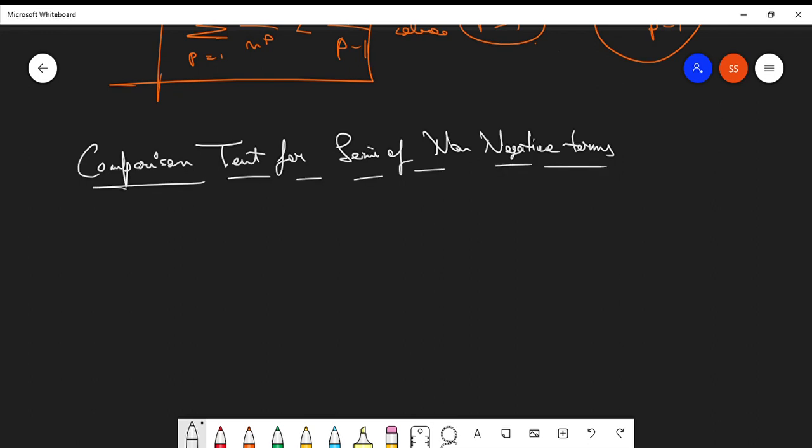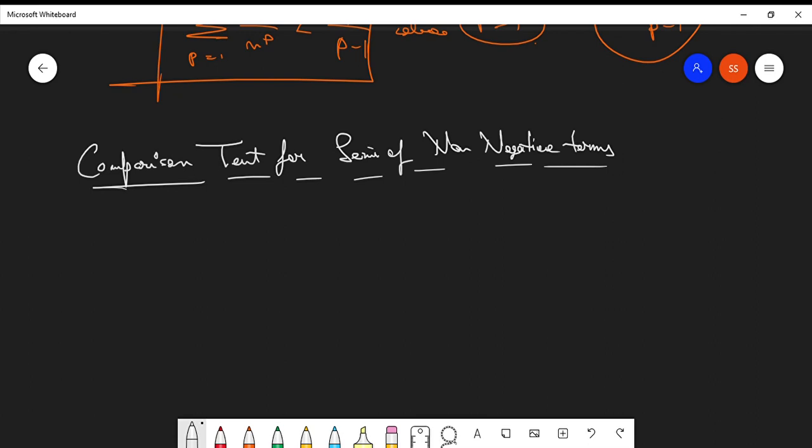Okay, what do we do here? Let's see. So there is something called the direct comparison test here. We will be covering a number of comparison tests. We will have the direct comparison test, the limit comparison test, and several more tests. We will have the ratio and root test for non-negative terms, and there are some more tests also. The nth root test, which we call the root test. Okay, a number of tests we do have.